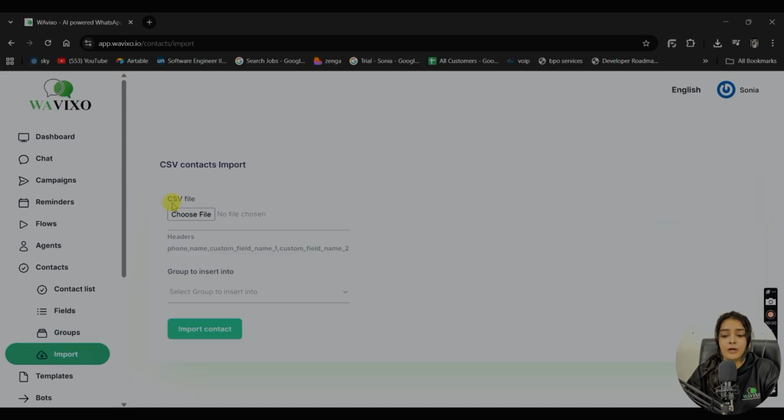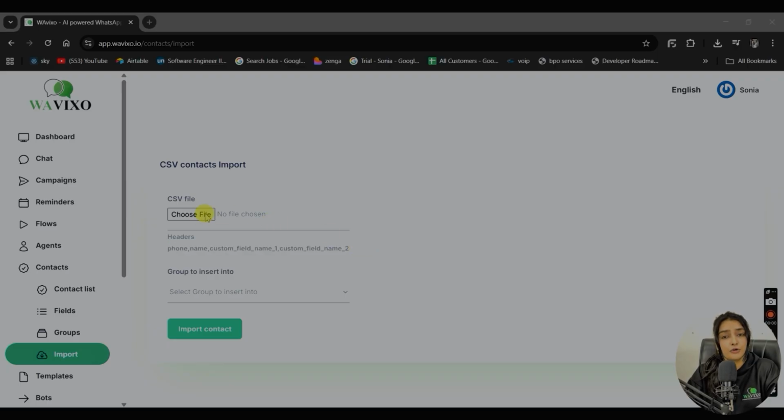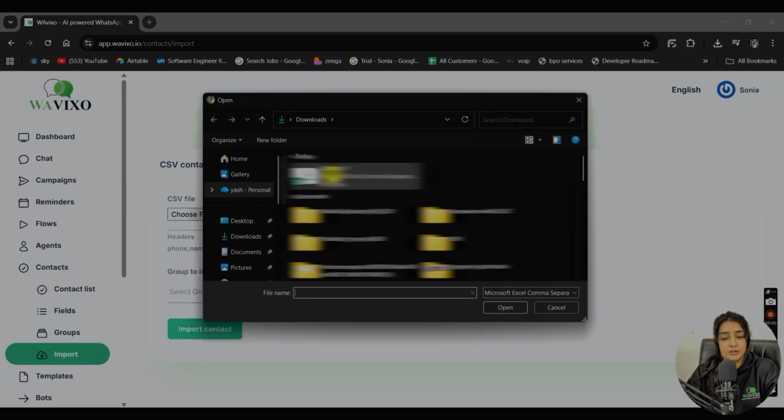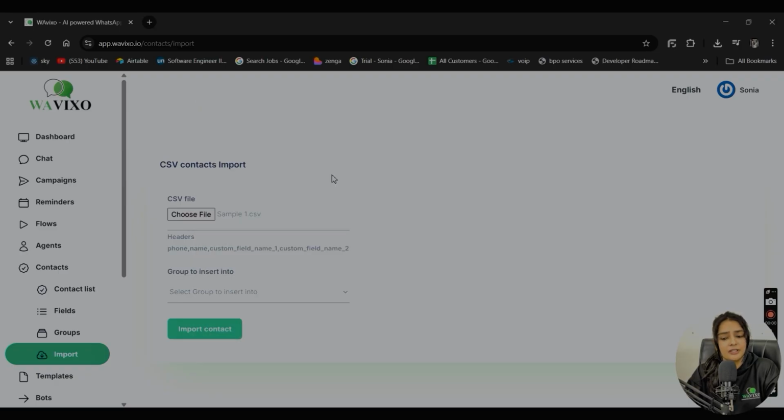Now click on Import Contacts. Select your file. It needs to be in CSV format. Here's the structure your file should follow. The first row must include the phone number as the first column, followed by name as the second column. This is the important order. It has to be phone number first, then name. These two fields are mandatory. After that, you can add any additional columns you need, like email, tags, location, or as per your requirements.